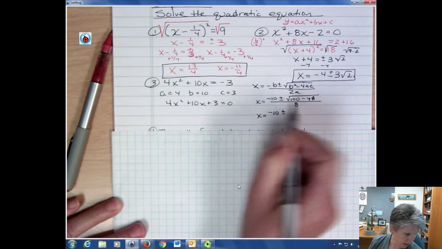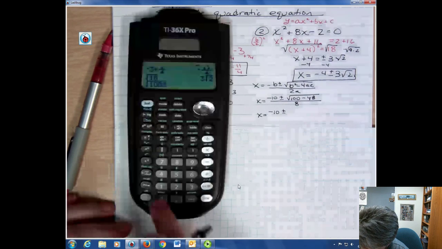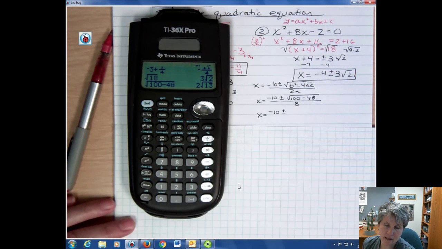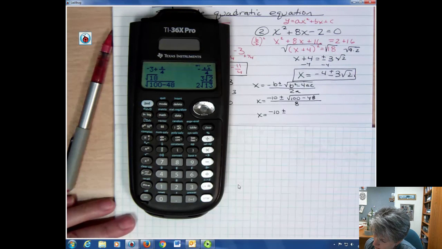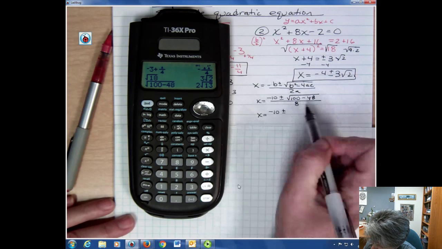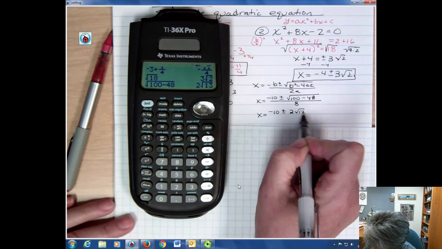Now I'm going to simplify. I keep grabbing the mouse instead of the calculator. Let's see. I'm going to simplify this second function: the square root of 100 minus 48 is 2 square root of 13. My calculator does that nicely. I'm always pushing the 36x Pro because it's so great to do that, but if you can do that on your own without using the calculator, which is fine, I get 2 square root of 13 over